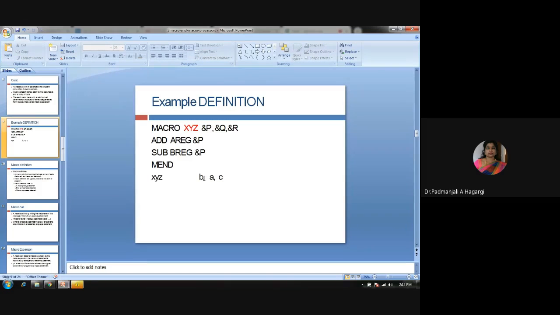P wanted the value of A, but it is getting the value of B. So this depends on the programmer, how you set the values and what you want. Now it is understood that P is assigned B as per this code, Q is assigned A, and R is assigned C. So in this way, the positional parameters need to be fixed to the value they are to take. Yes, any doubt?